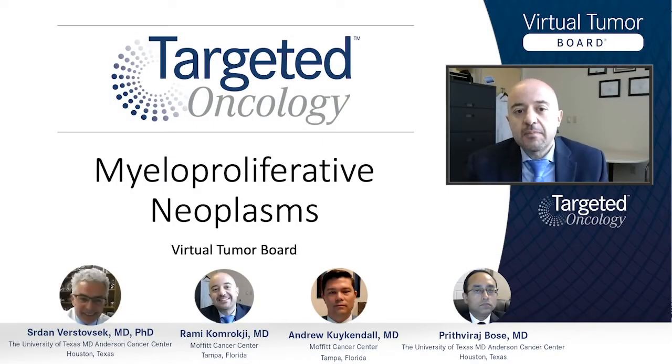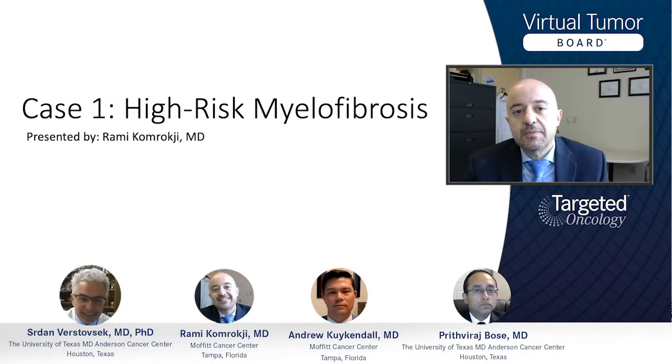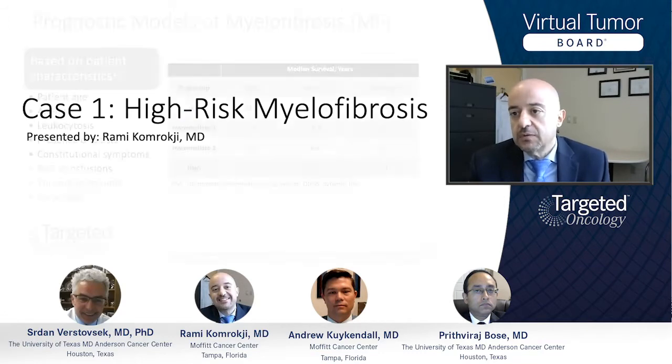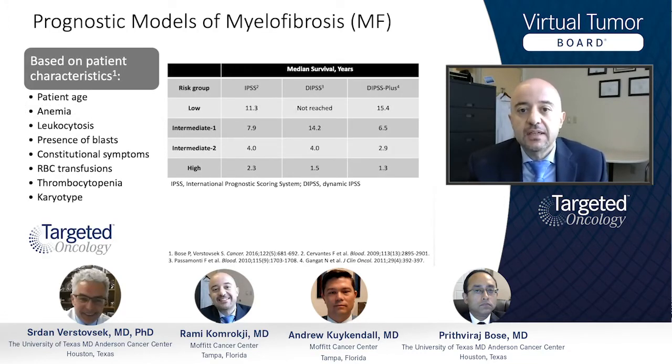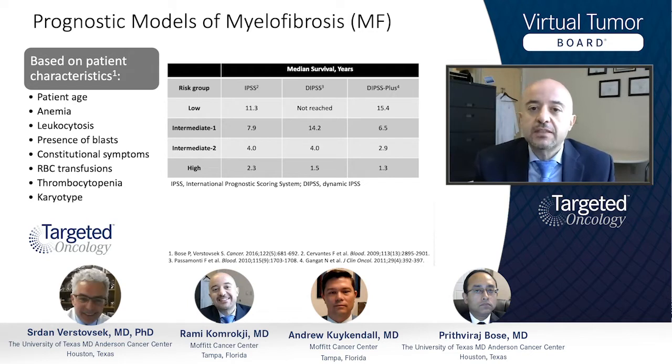So once we establish the diagnosis, our next step is really the risk stratification, because we are going to tailor the treatment based on that. And in myelofibrosis, over the past few years, there have been several models that have evolved in risk stratification. Some of them are purely clinical, and some of the newer models incorporate some of the molecular and genetic material within the risk stratification. The classical models have been the IPSS, the International Prognostic Scoring System, or the dynamic IPSS,